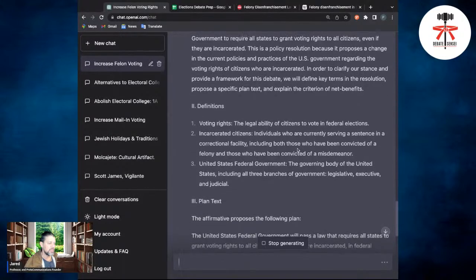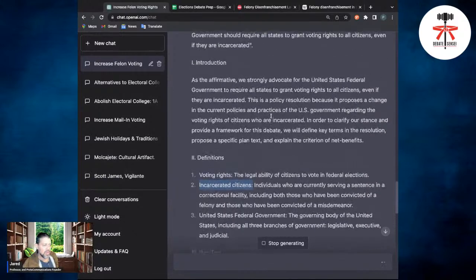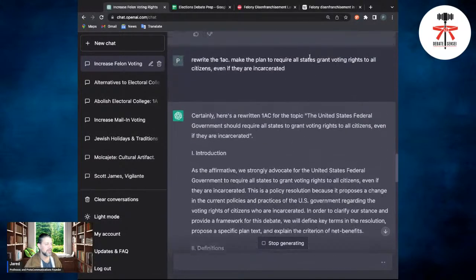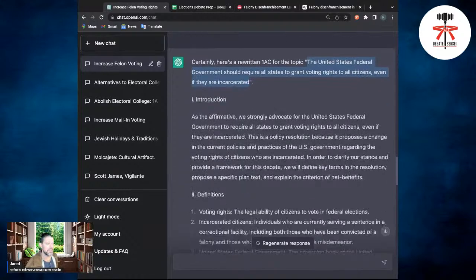Then we have definitions, voting rights, incarcerate. Okay, take a look at this. Be careful. That's not what the resolution is. See, because the resolution is that the United States federal government should require... Oh, so it thinks that the resolution is different, and it's not. You got to make sure that the resolution is still the same. But let's see what it...